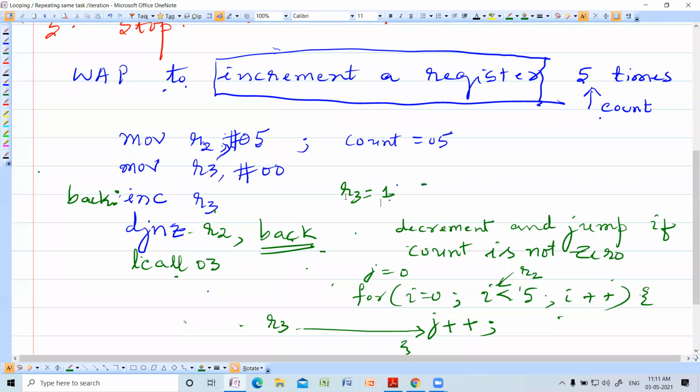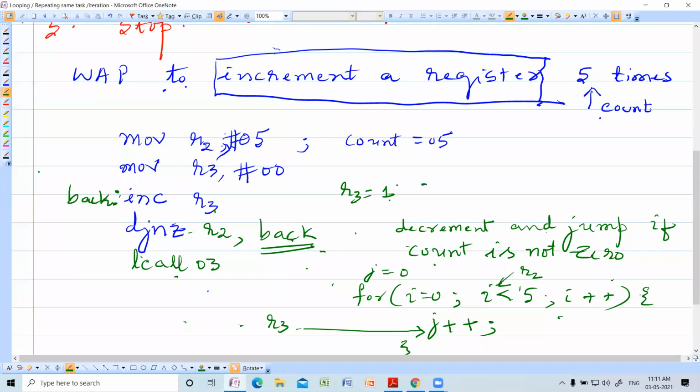Program control will go there automatically and it repeats the task, because R2 is not 0.